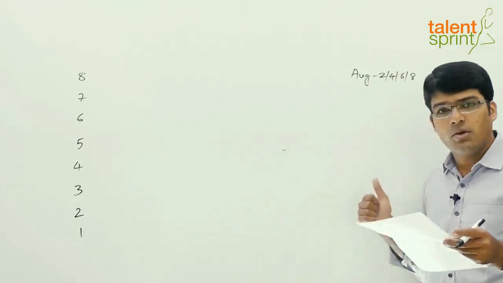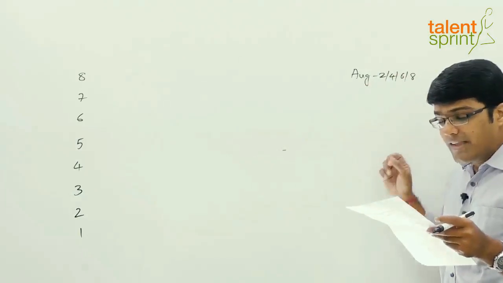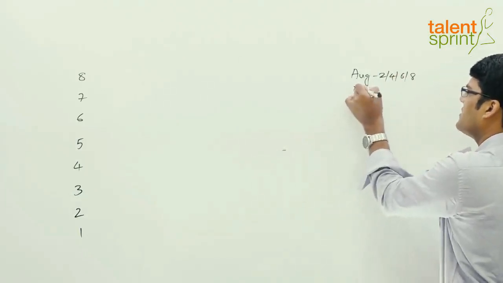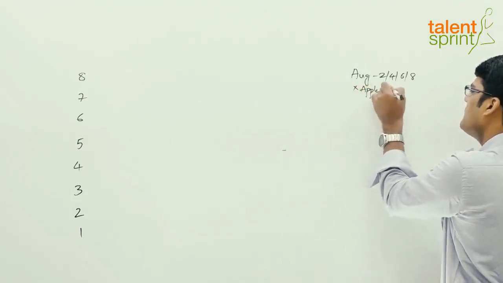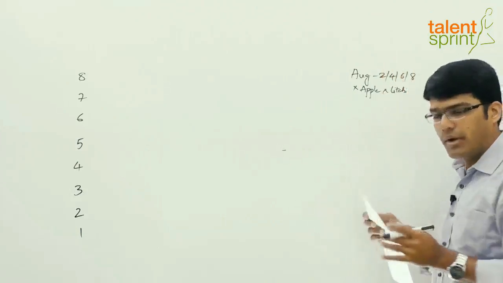The person who was born in August lives on second floor or fourth floor or sixth floor or eighth floor, and does not like apple and lychee. So make a note of that point as well, that this guy does not like apple and lychee. Alright, that is one point. Next point,